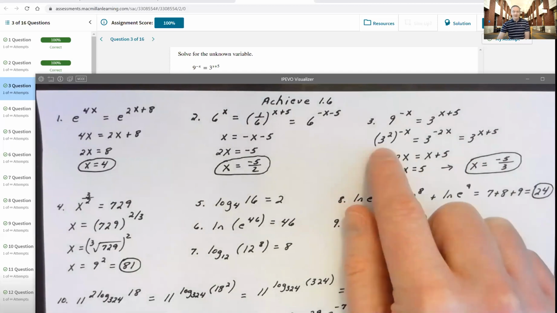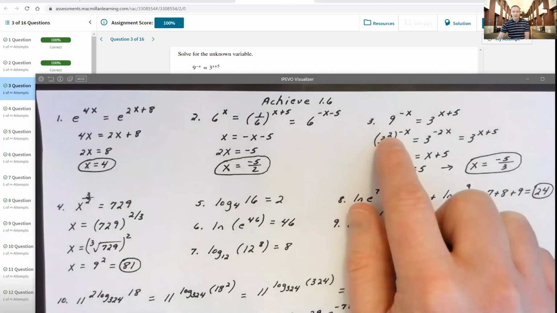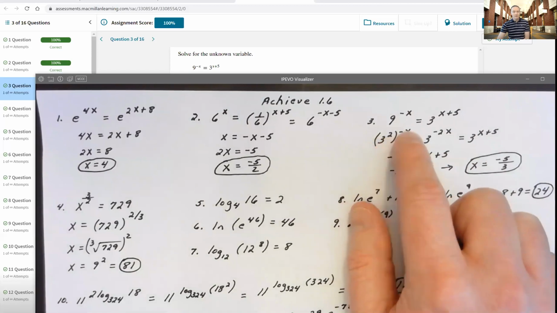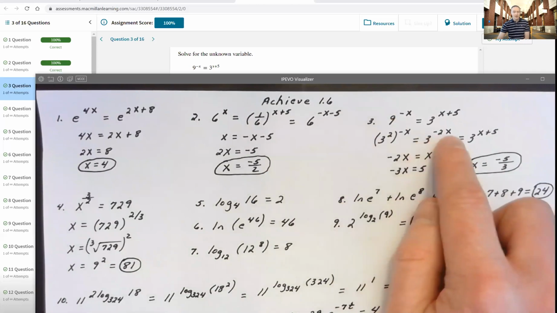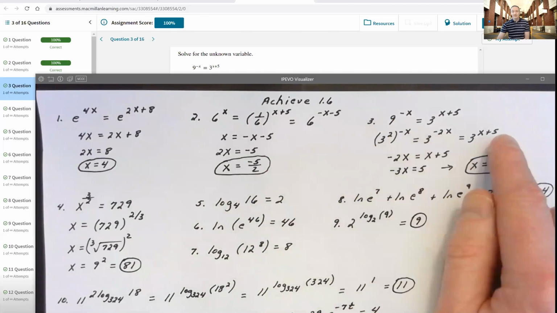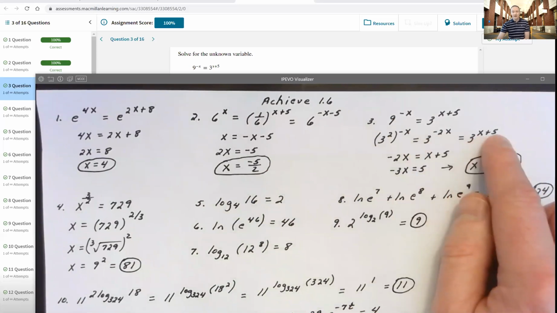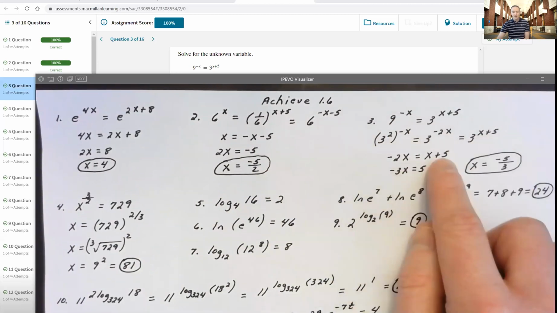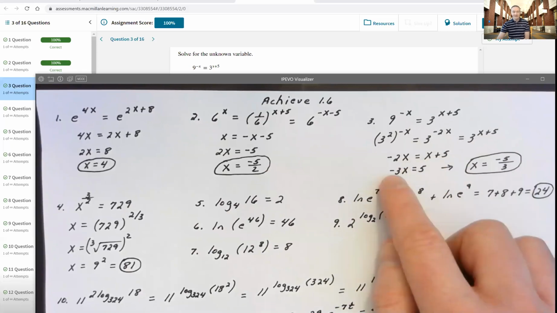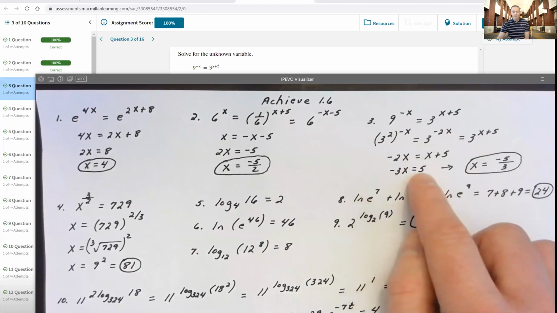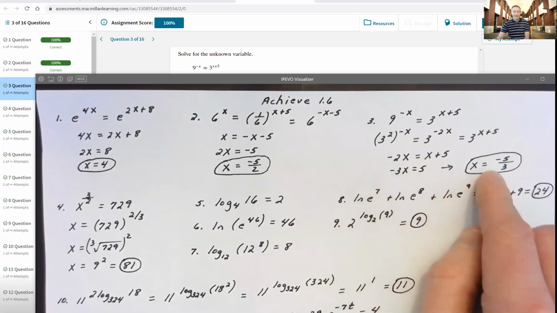Now, when I say 9 is the same thing as 3 squared, I can say 3 squared raised to the negative x, power to a power I just multiply. The left-hand side is the same thing as 3 to the negative 2x power. And I know that has to equal 3 to the x plus 5 power. So now I get negative 2x has to equal x plus 5. If negative 2x is equal to x plus 5, then I'll subtract out x on each side and get negative 3x is equal to 5, which yields a solution of negative